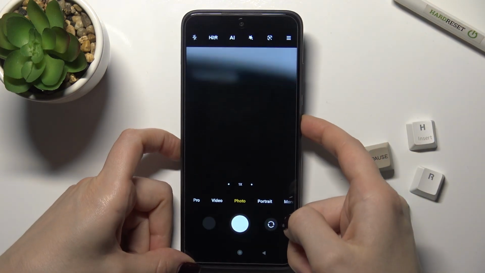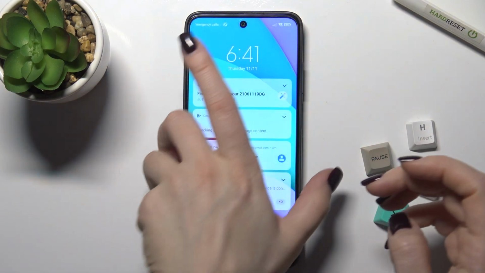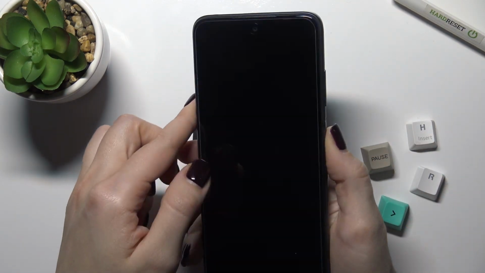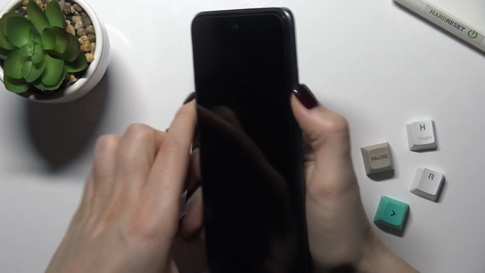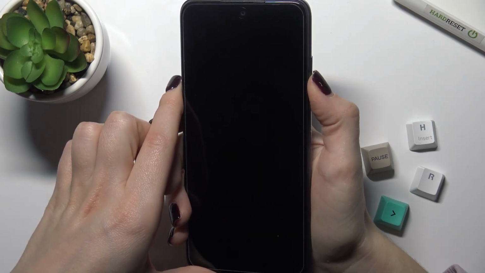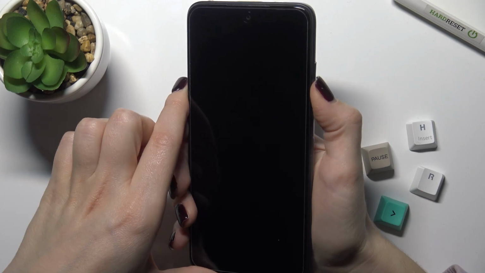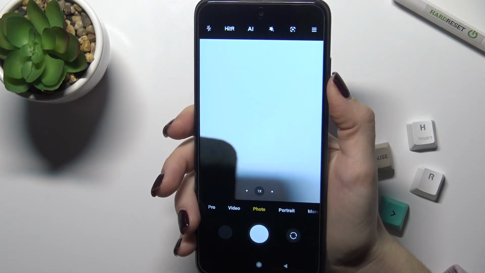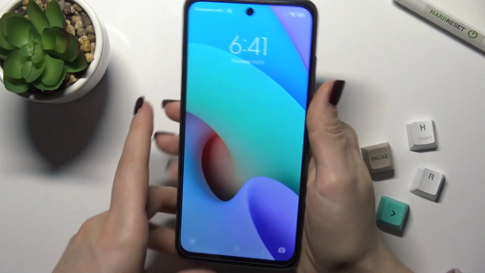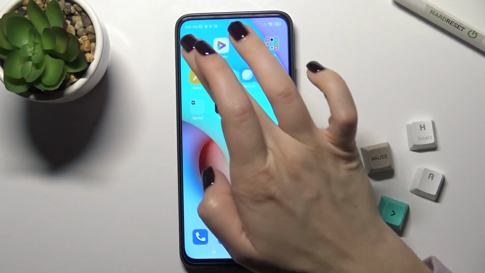Yes, as you can see, our camera is activated now, and now we'll lock the phone. You will tap the volume down button twice. Yes, as you can see, our camera is activated. Also, we will go back now,